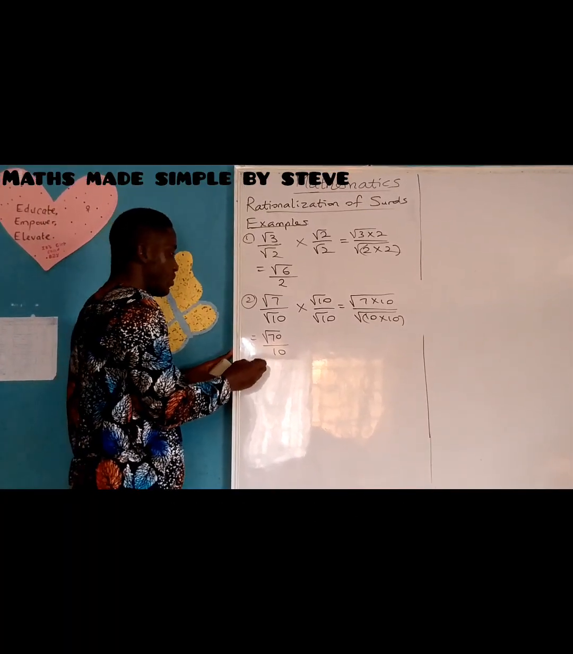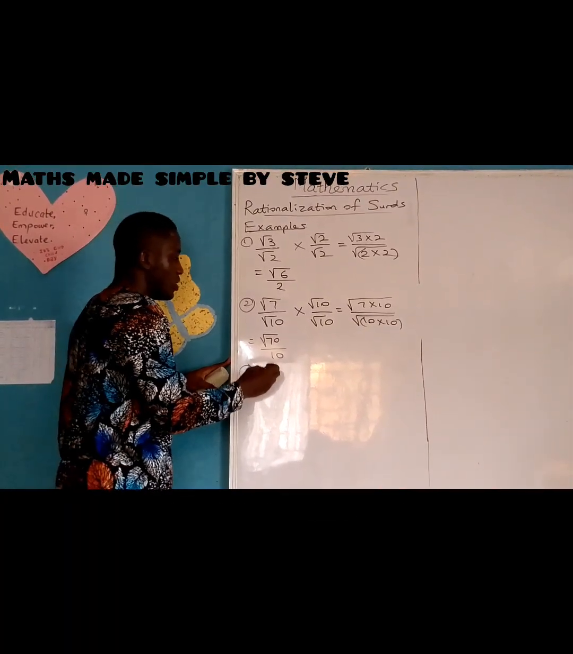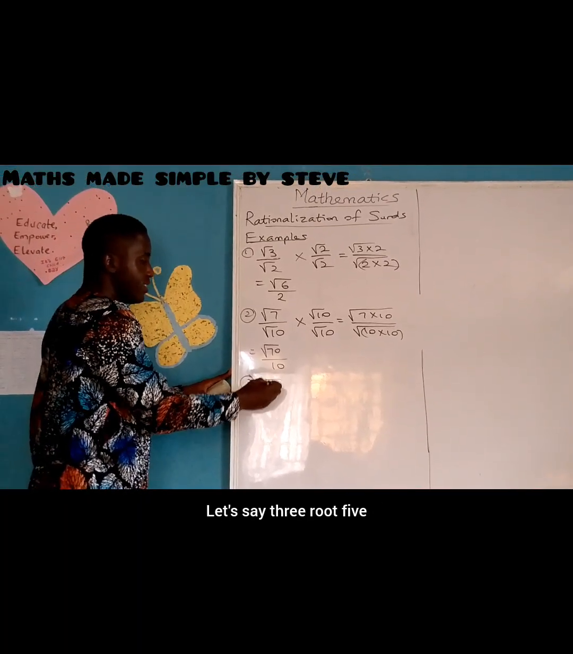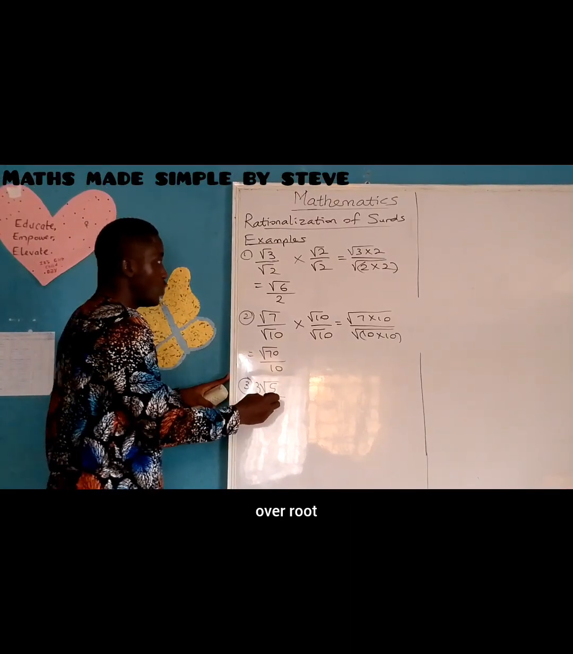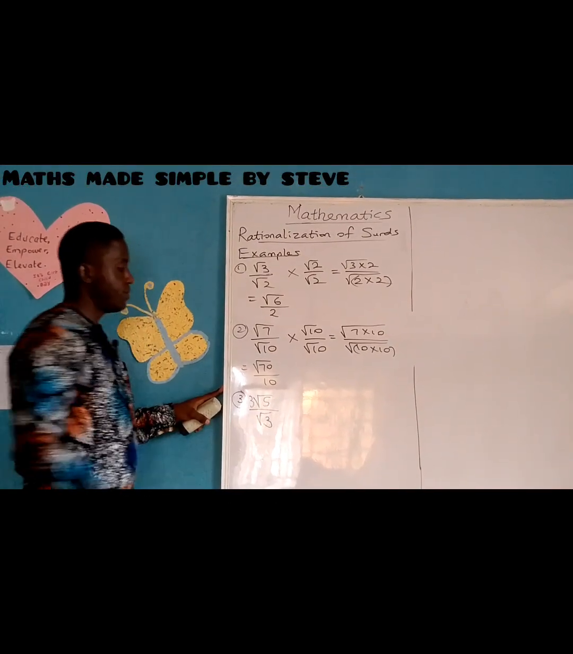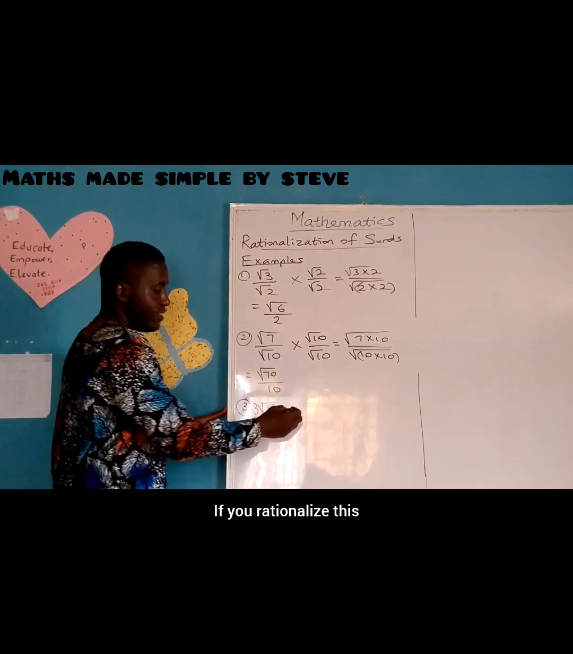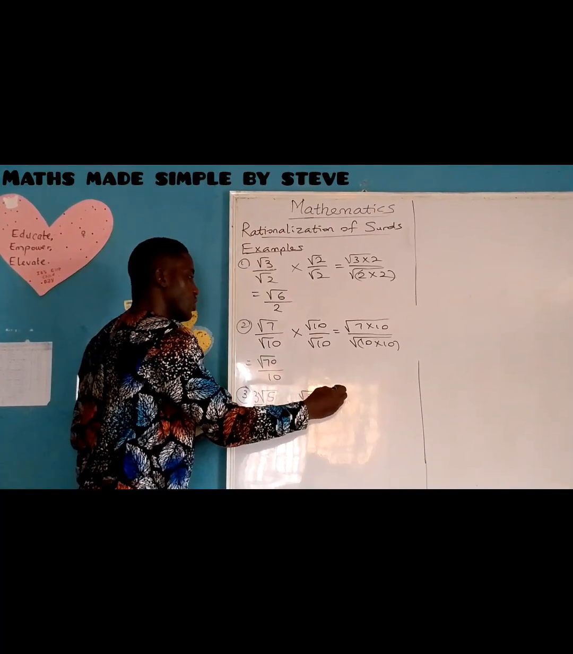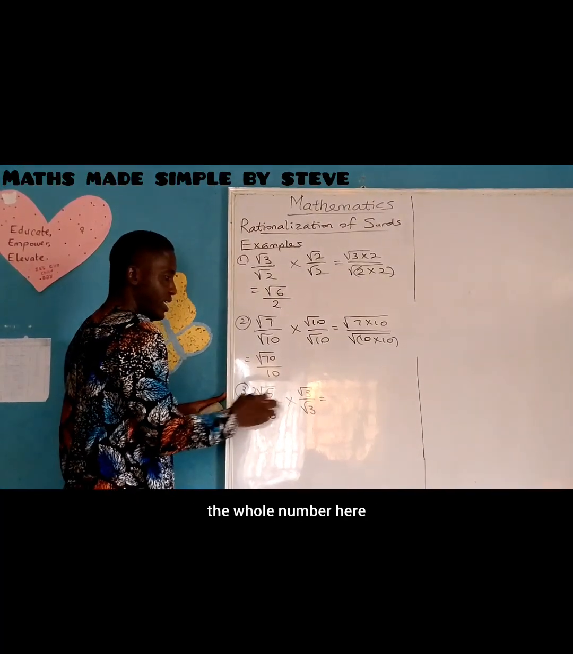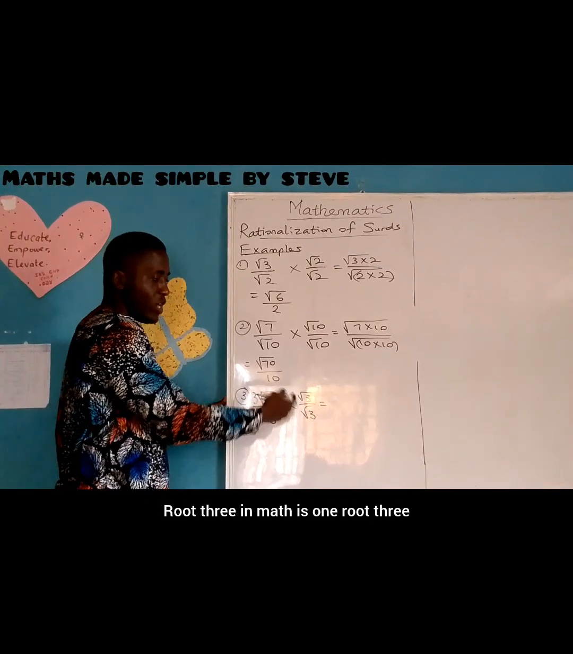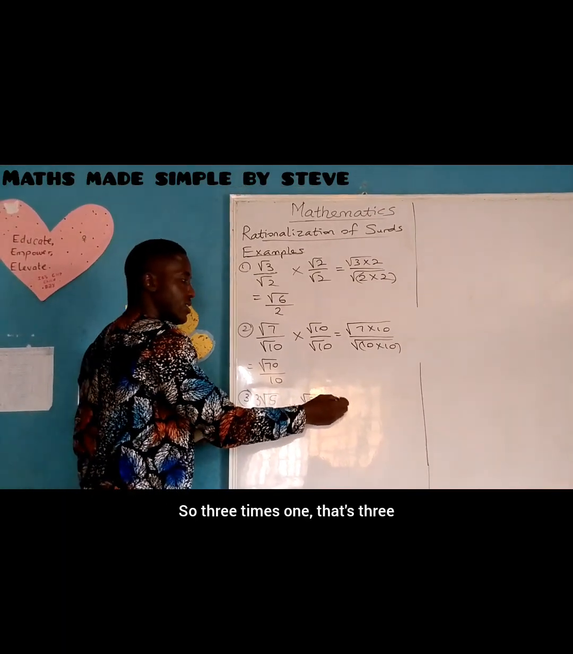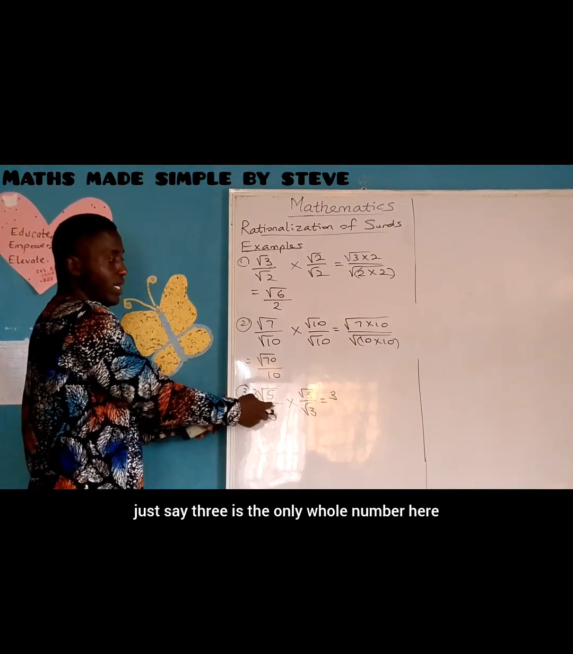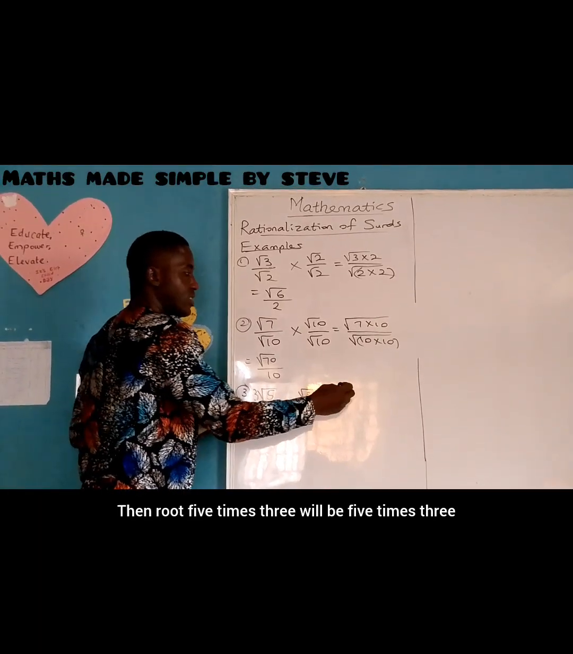Let me do one more. Let's say we have a whole number. Let's say 3 root 5 over root 3. If we rationalize this, just take root 3 over root 3. So in this case now, when you multiply, the whole number here, don't forget we have an invisible one here. Root 3 in math is 1 root 3. So 3 times 1, that's 3. Or if you don't understand that there is an invisible one here, just say 3 is the only whole number here. So 3 will stand alone. Then root 5 times 3 will be